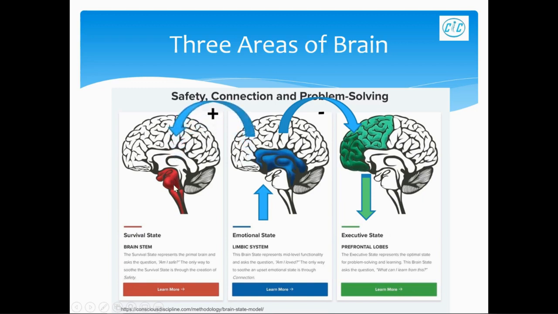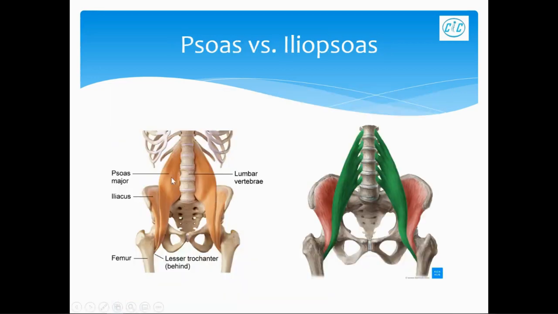Whereas the reptilian becomes more powerful, because of the stressful issue that caused the limbic brain to become stronger, and the reptilian brain becomes stronger, which makes the iliopsoas muscle become tightened up. And here is the iliacus right here. Here's the psoas muscle right here, and here is the